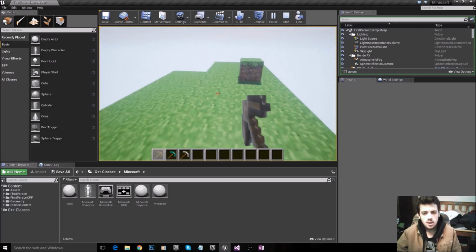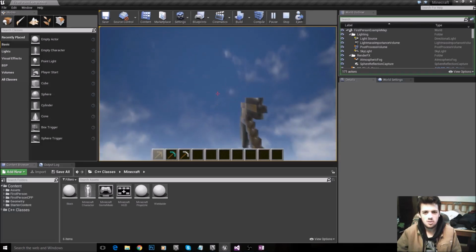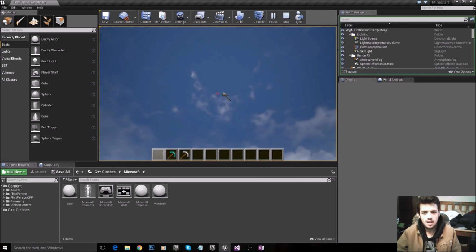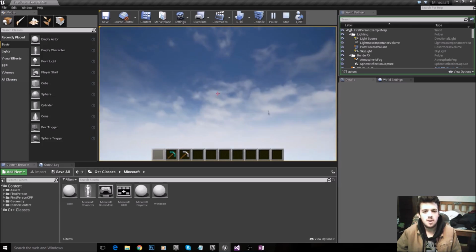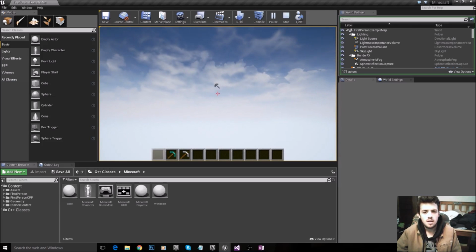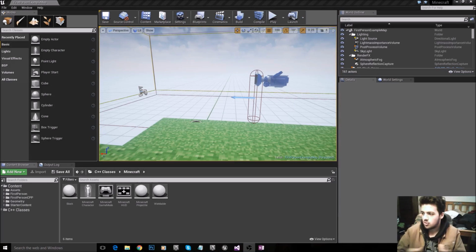Great stuff. Now, the one problem that I have with this method is that you can drop stuff right up in the air like that. And I'll fix that in the next video, but that's kind of the main idea anyway. That would actually be quite an easy thing to fix. So anyways, I'll fix that in the next tutorial, but that's the basic idea of the drop function.